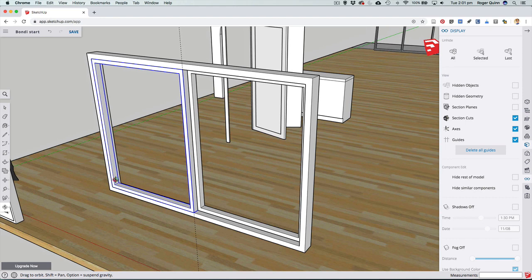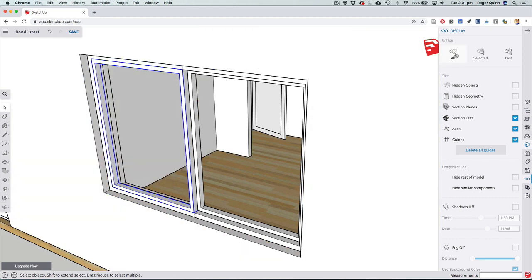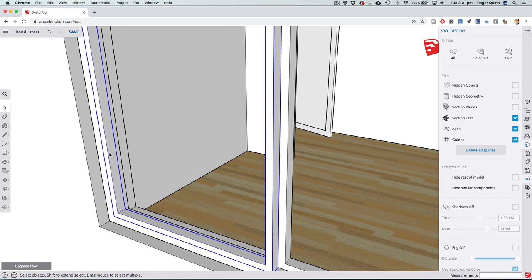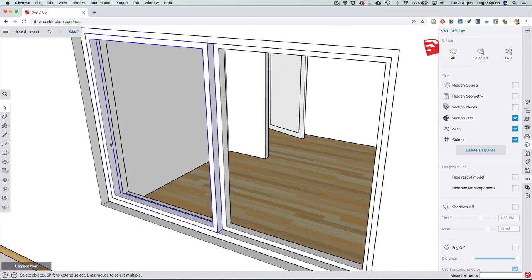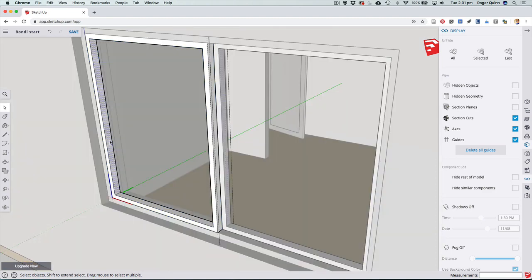Let's just say I decide on this window, I'll just bring back my wall so it's clear what I'm looking at. Let's just say on this window on this side, I decide I wanted a middle divider going across the window there, just for a different style window. Well, what I can do is double click to get into the edit mode for this window,